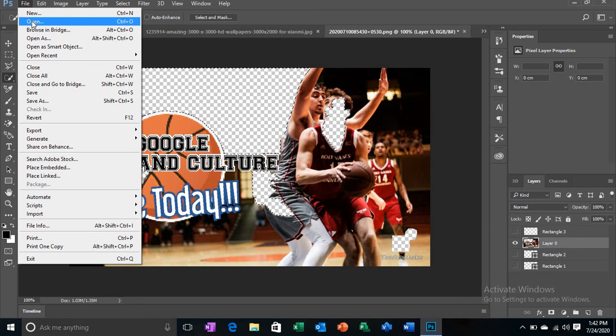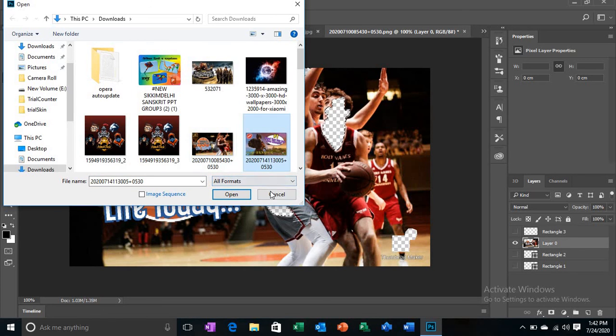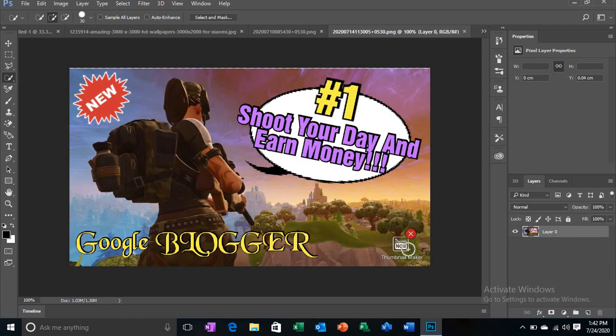For example, we're going to open one more like this again, or this, yeah, open. So like this, we have to now remove this thumbnail maker and this thumbnail, we're going to undo this and delete. This is automatically deleted, but I think it has detected something wrong and these areas are detected. Now I want to delete this. I want to delete this new thing. Delete. Amazing. And we will place something else here.